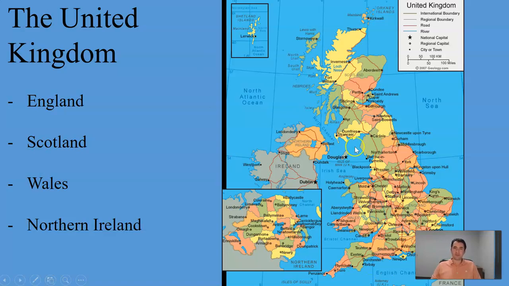What people mean when they say, oh, I'm going over to the UK, or this came from the UK, is the conglomeration of England, Scotland, Wales, and Northern Ireland. So England here, Scotland, there's a line about right there that designates Scotland, Wales is here, and Northern Ireland. We'll get to why just Northern Ireland here shortly. But each of these areas has its own personality, and in more recent years, they've gained more autonomy within the individual areas. But they're still, as of right now, unless something changes, which it could,